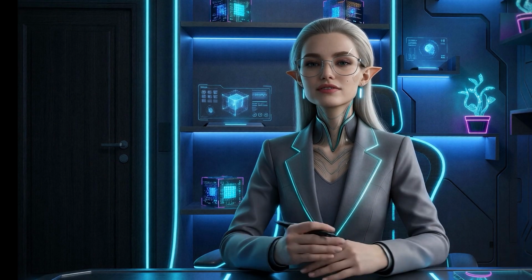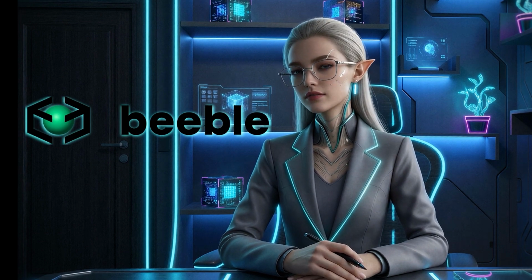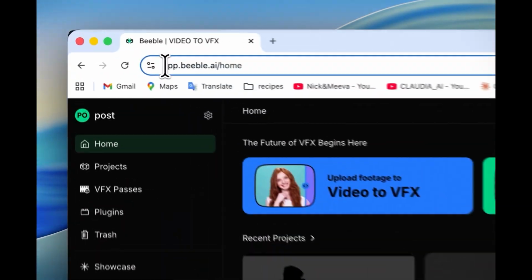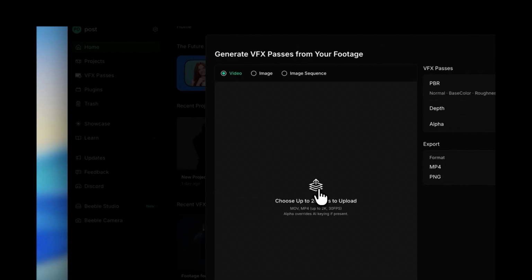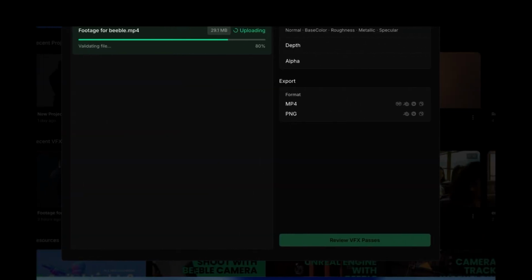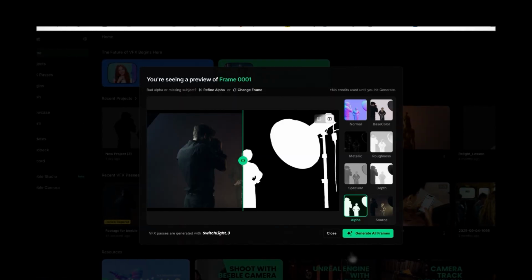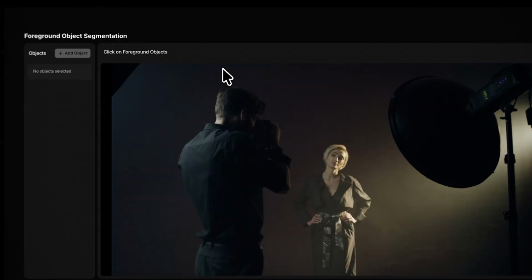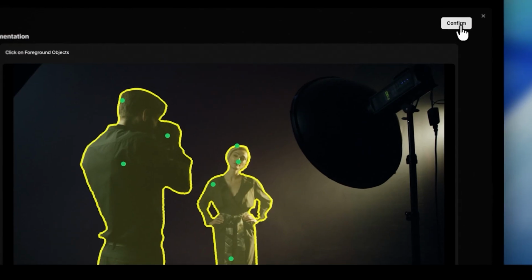And the last After Effects technique is cool, in which we will use Beeble to extract the alpha channel of the subjects. Let's dive in. Open Beeble.ai. Hit Video to VFX and upload your footage. Again, I'm uploading 5 seconds for the demo. Once it's loaded, click on Review VFX Passes and then choose Alpha. We only need the characters, so we will click on Refine Alpha and then select our characters. Here's the process. Once happy with the selection, click on Confirm